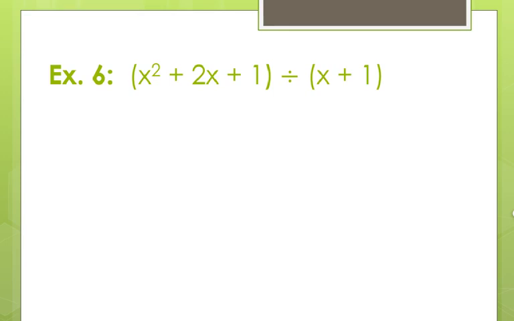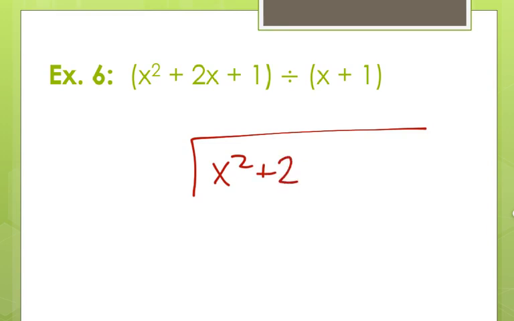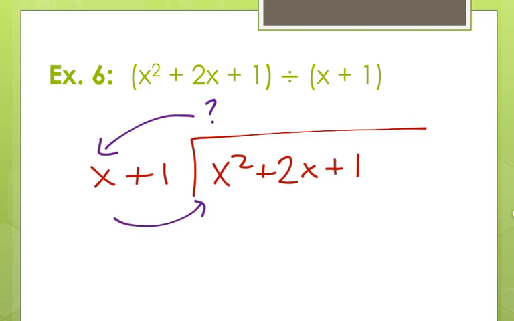Okay, let's try another one. So we're going to set up the division problem, x squared plus 2x plus 1. We're going to divide it by x plus 1. So here again we're asking ourselves what number should go right there so that that number times x gives me x squared. And hopefully you know that that's going to be x. So x times x is x squared,